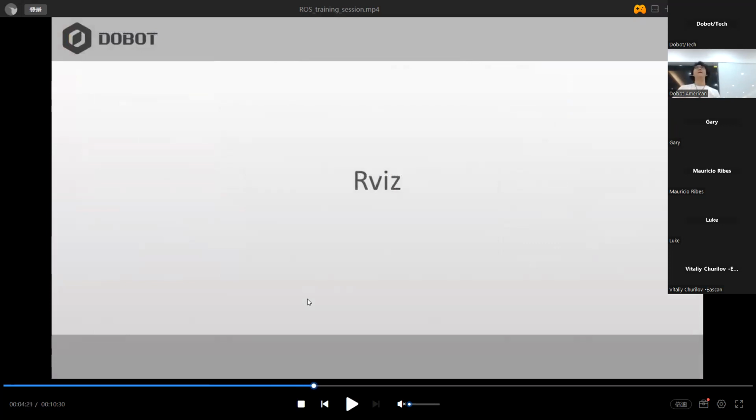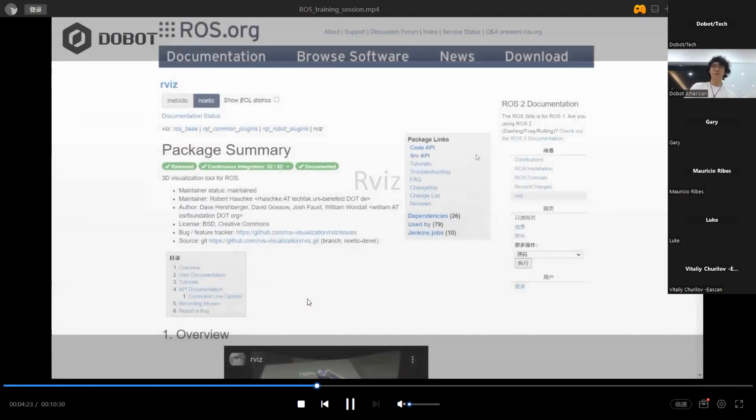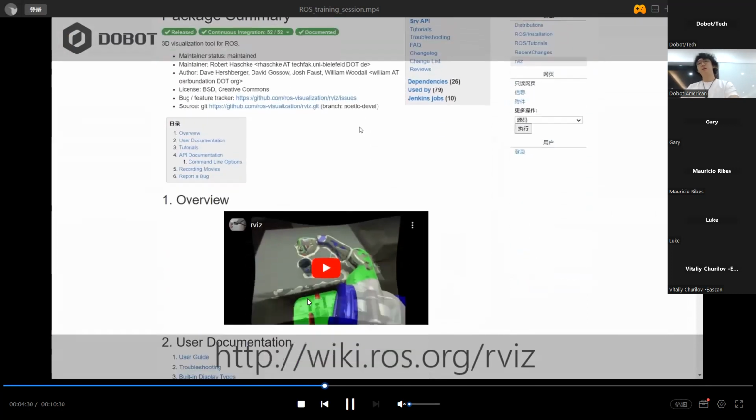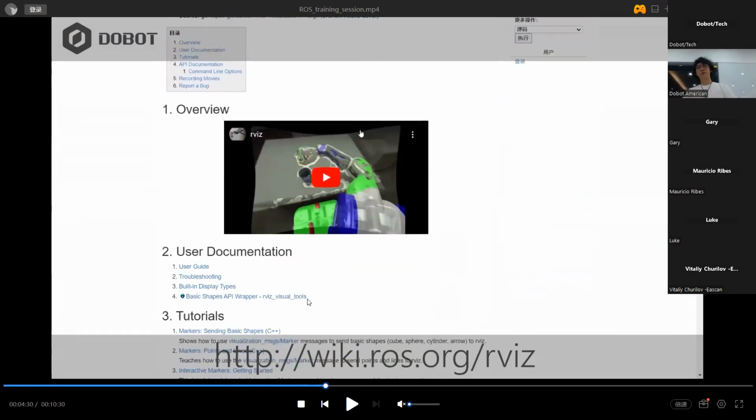And now we go to RViz. RViz comes with your ROS, so you don't need to download it. So RViz is a visualization tool. You can find all the documentation right here. It's in the ROS Wiki, wiki.ros.org/rviz, and basically in RViz you can visualize what is the current status of